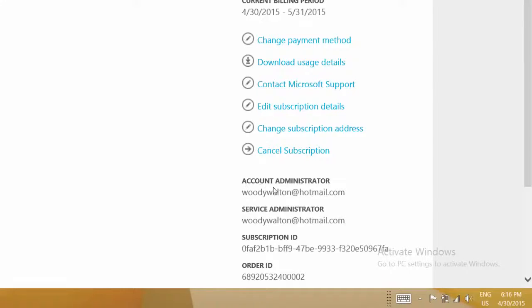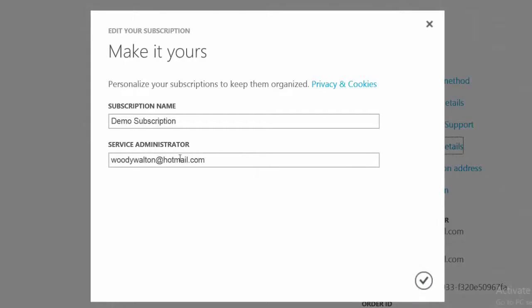Additionally, it will give you the information as to who the account administrator is and who the service administrator is. Now, the account administrator is always the user principal who signed up for the account on Azure.com, and that really can't be changed. Now, the service administrator is an editable field here, and that's changed through going to Edit Subscription Details. So right here, I could go ahead and change this to